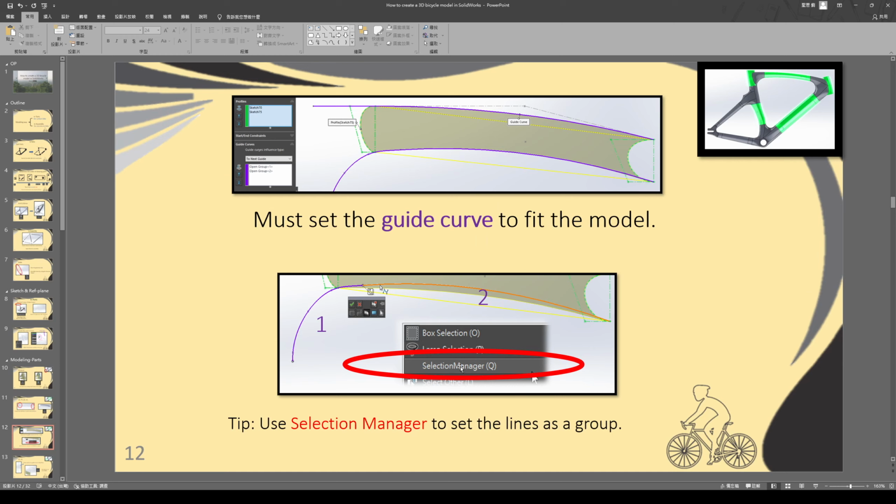You can use a guide curve, the purple color, to fit the model. Here is a tip. Click the right button in the blank space and choose the selection manager. This function can help you set lines as a group. Here are two lines. Select 1 and 2, and you can get a group with them.